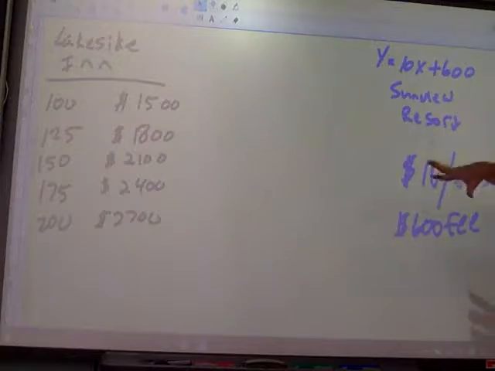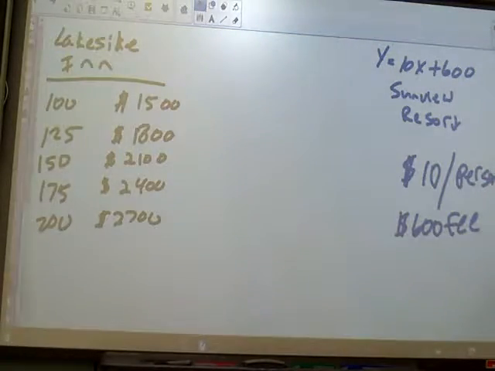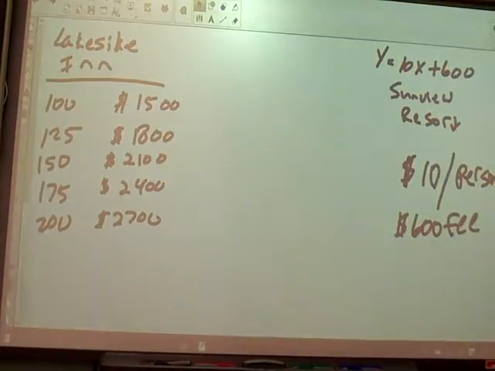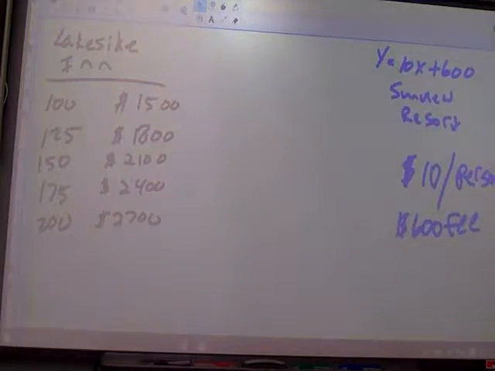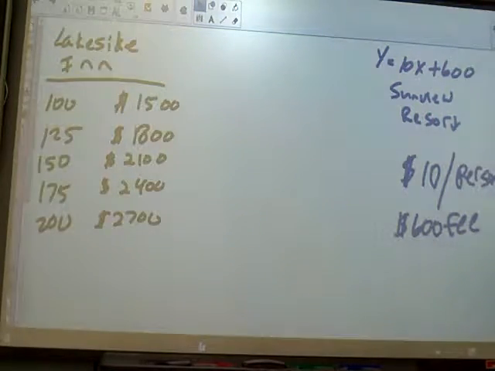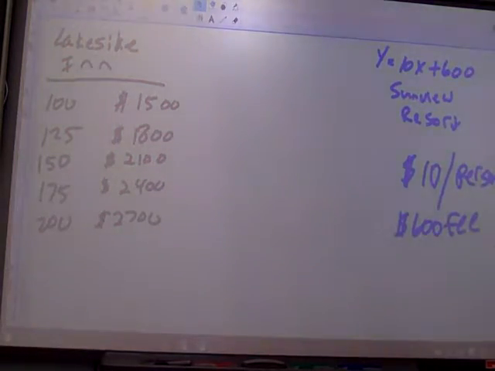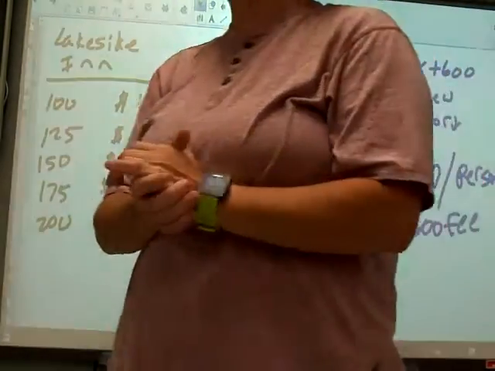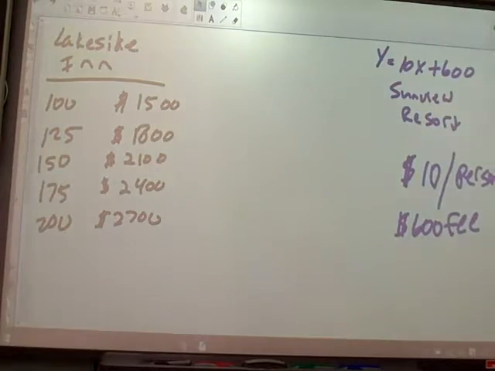All right, over to the Lakeside Inn now. We know how much Sunview is going to charge per person. We know how much we have to pay to rent the place. How much is it going to cost per person at Lakeside Inn? $15. Okay, Garrett thinks it's going to cost $15. Let's see if we can figure out how he thinks that, or if that's right or wrong. Because if you do 1,500,